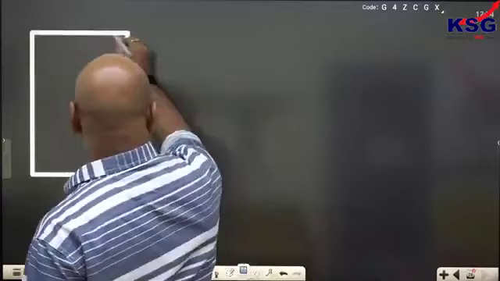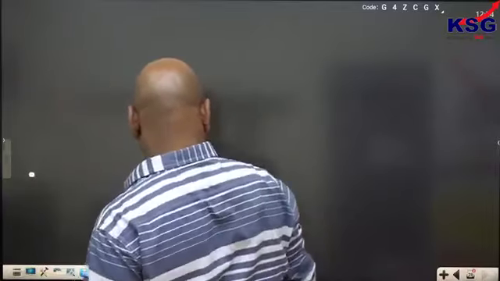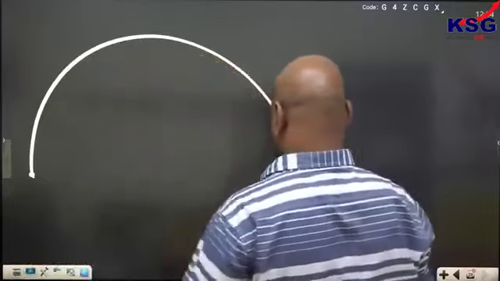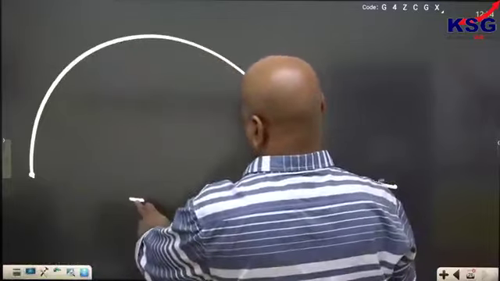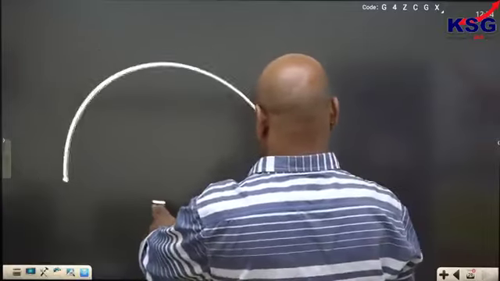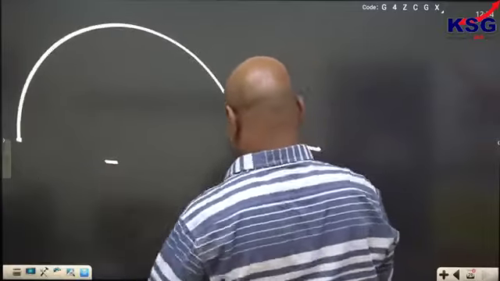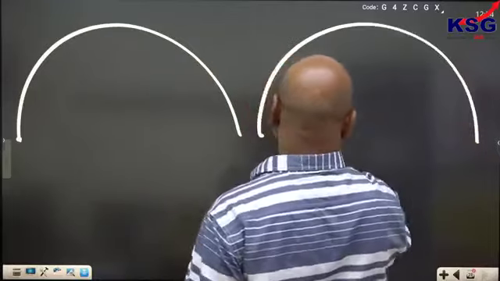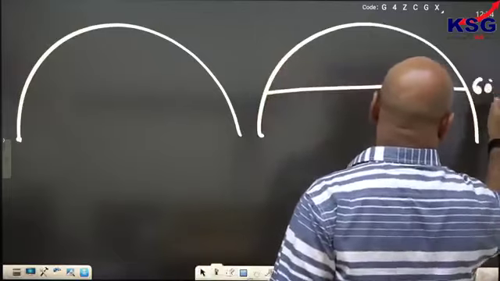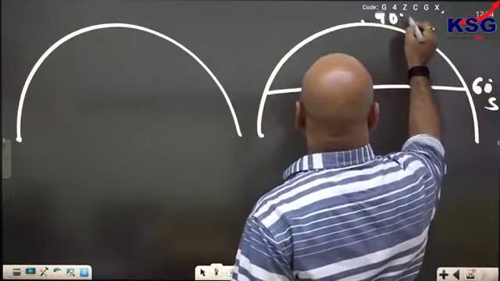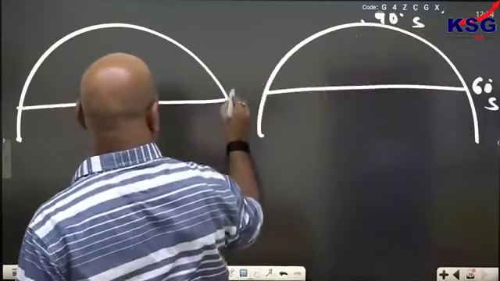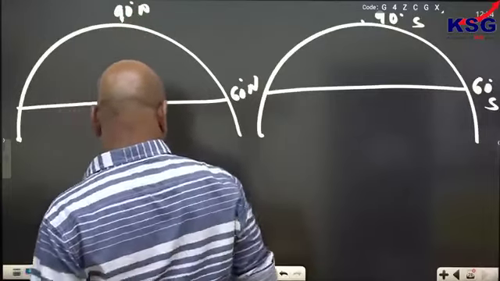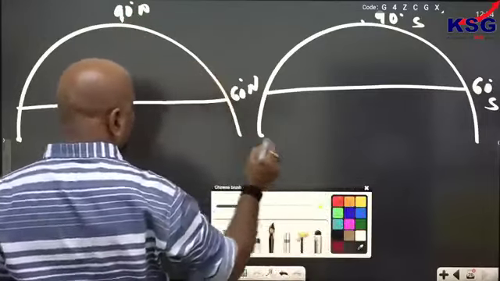So if you look at both the poles, I am saying, 60 south, 90 south, 60 north, 90 north. Let us say like this. So if it is 90 north here, the continental part,